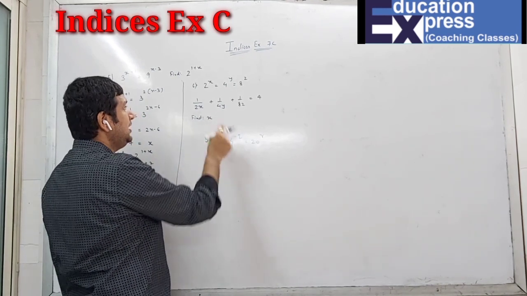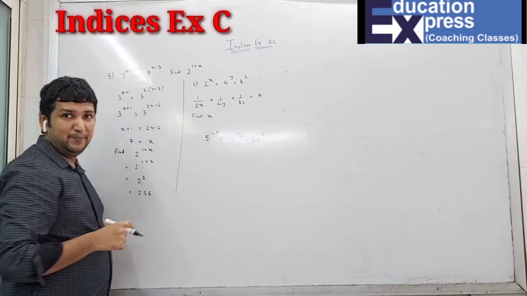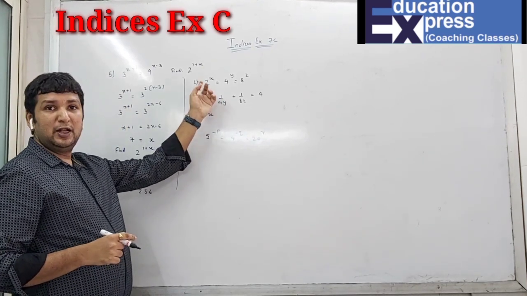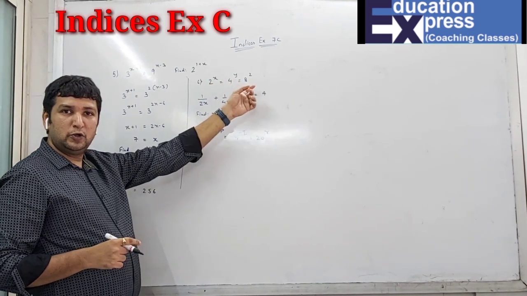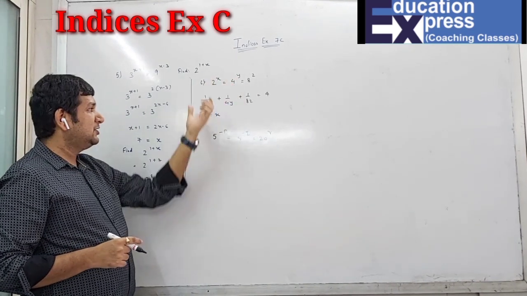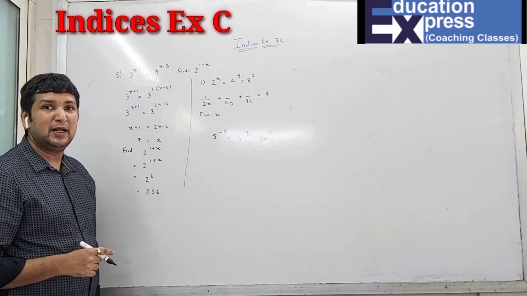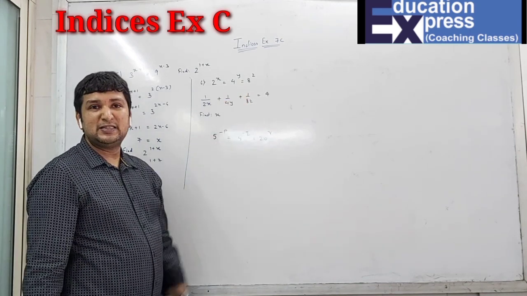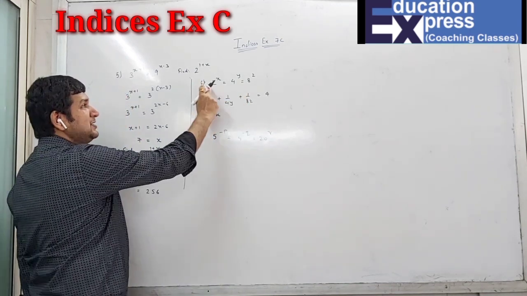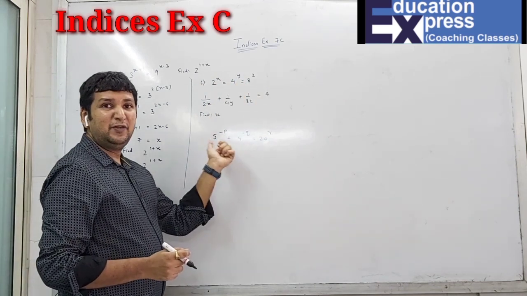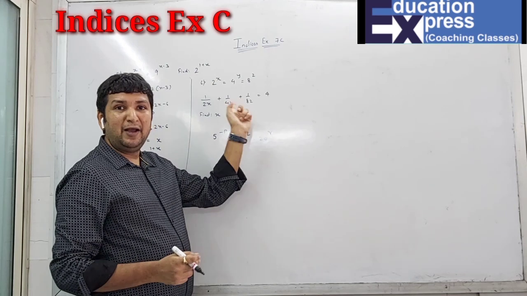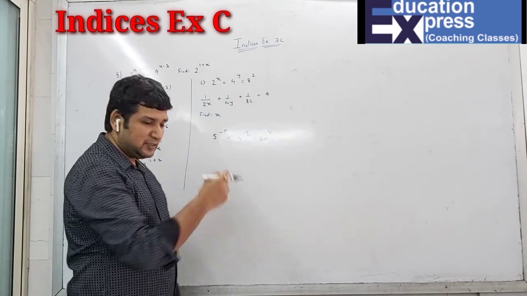But if you look at the sixth sum you are doing now, you can get everything in terms of a common base. That means here it's 2, here it's 2 square and 2 cube. That is why this sum is different compared to exercise B's 10th sum. This sum is a little different from exercise 7B. Why? Because here the base is the same, there the base was not the same. So when the base was not the same, we took this equal to K. Here I will not take this equal to K. So we'll start solving this sum.